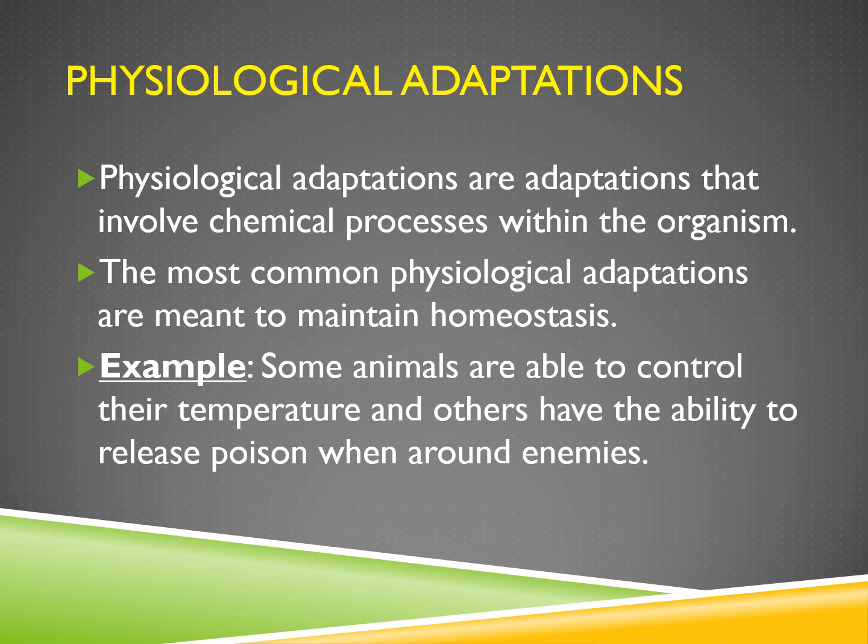Then we have physiological adaptations. Physiological adaptations are adaptations that involve chemical processes within the organism. This is by far the most complicated one. So we're going to talk about examples, because those make it easier for me to understand, at least when I don't know what the word necessarily means. The most common physiological adaptations are to maintain homeostasis, or to maintain balance in an organism. An example of that, some animals are able to control their temperature, and others have the ability to release poison when around enemies. Like reptiles,